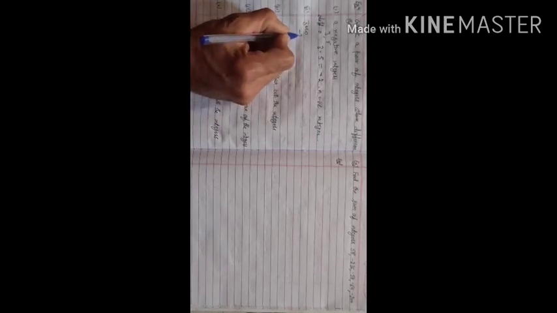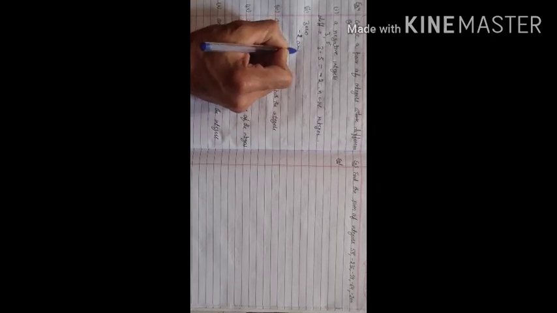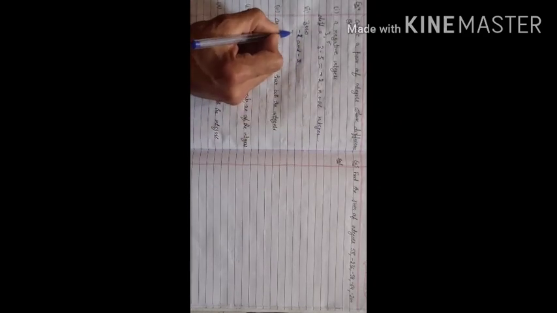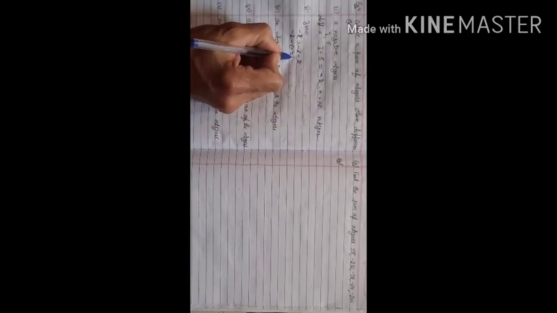Write a pair of integers whose difference is 0. We have to take both the negative, minus 2 and minus 2. The difference of minus 2 minus minus 2, that is equal to minus 2 plus 2 is